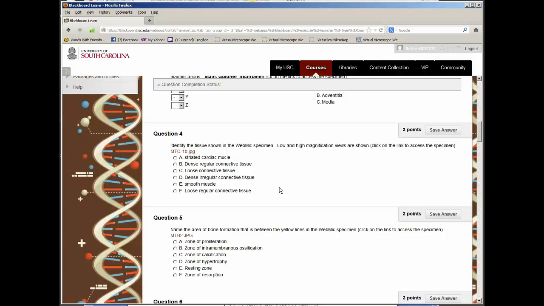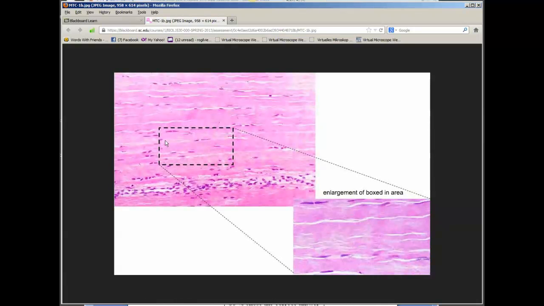Identify the tissue shown in the web-like image. Okay, and your choices are striated cardiac muscle. I notice a slight misspelling there, and I'm sure you assumed that was muscle, dense regular connective tissue, loose connective tissue, dense irregular. So let's take a look at this. Now we have a low power and a high power, and it's all very red, and you know that all of these, unless we tell you otherwise, are stained with hematoxylin and eosin. So here you have a very reddish stain,